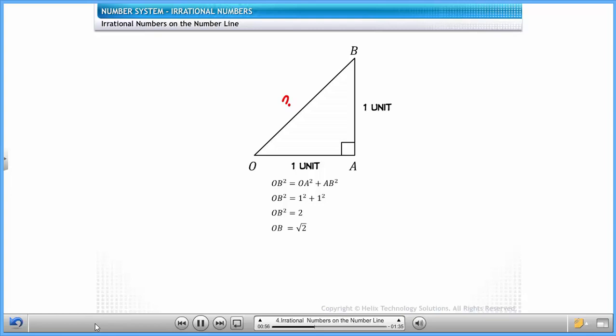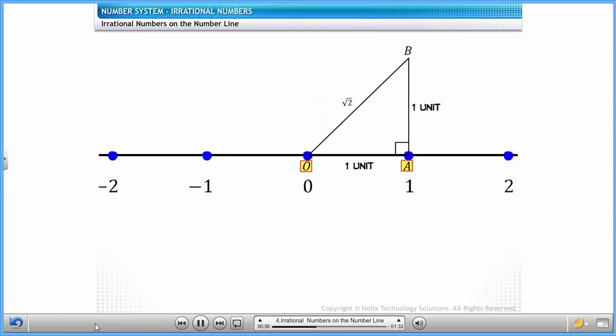If we represent OB on the number line, it means we are representing the value of the square root of 2. The vertex O of the triangle must coincide with the 0 on the number line. The vertex A will coincide with 1 on the number line. In order to represent the square root of 2 on the number line, mark the length OB with the help of a compass. Then, taking O as the center,